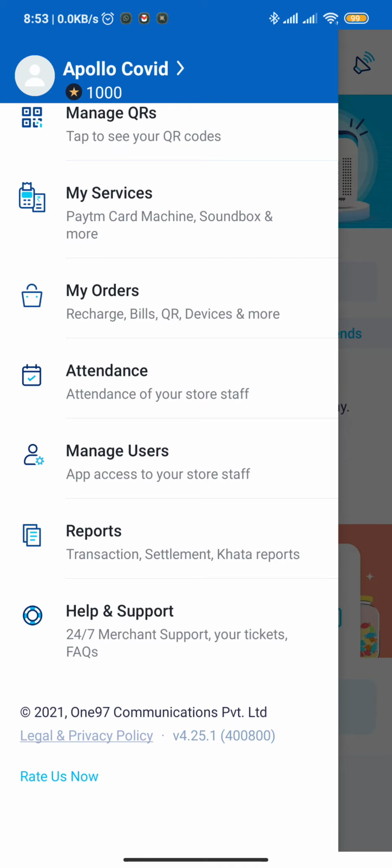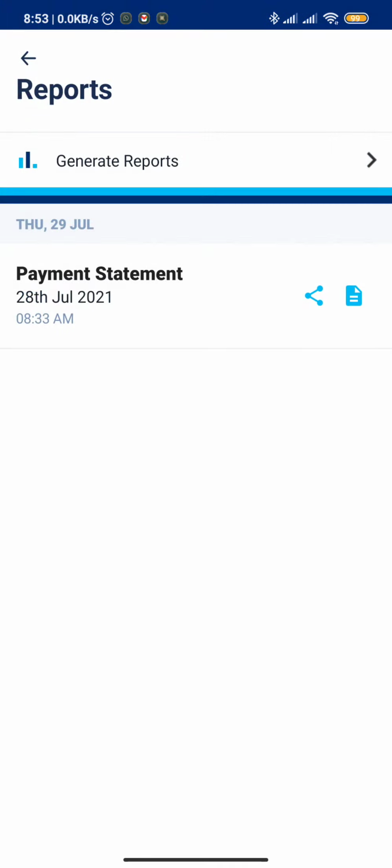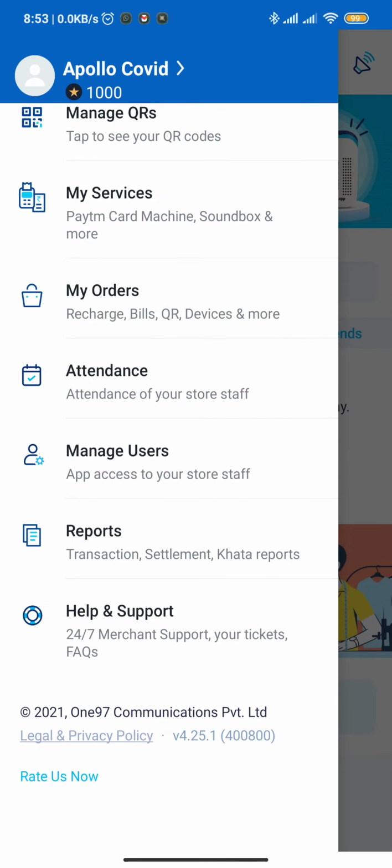In the report section, I have already downloaded one report. You can share this report or view this report here only. It is a complete set of all the transactions of that particular period which you have selected. You can share this. It will be shared as a CSV file, which is basically a different version of an Excel file. So it is properly editable.